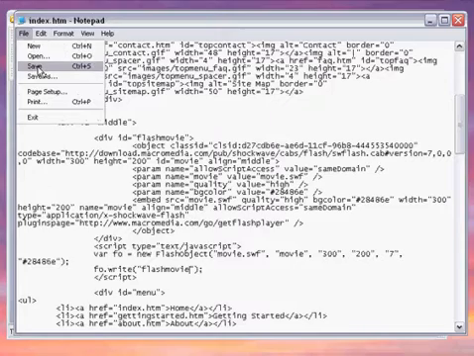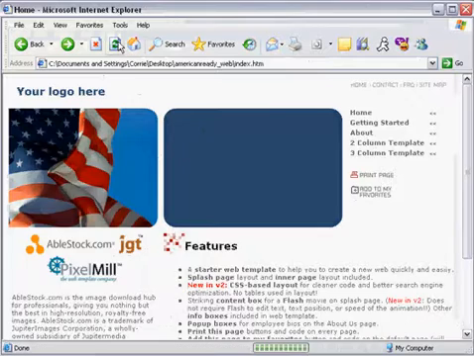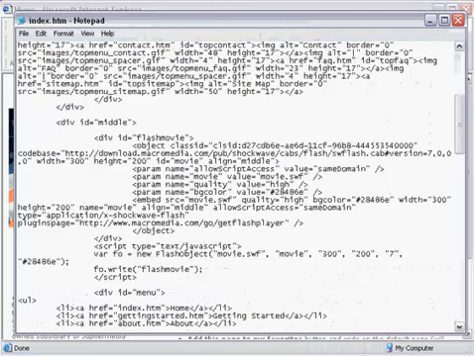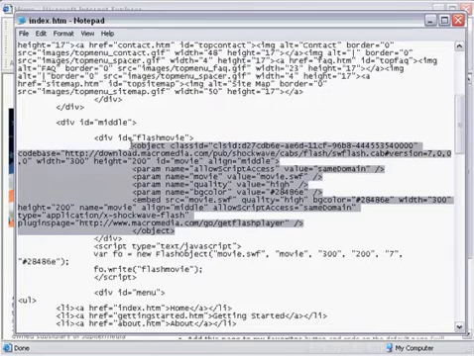Go ahead and save the movie and then preview in the browser. As you can see in IE, the outline is gone. When I move over the Flash movie, nothing happens. If the Flash embedding has worked properly, you can go back to the HTML code and delete the original Flash